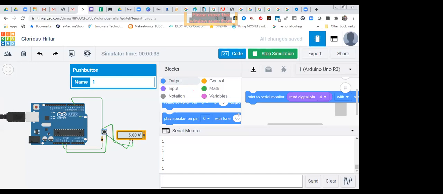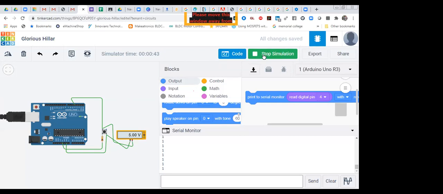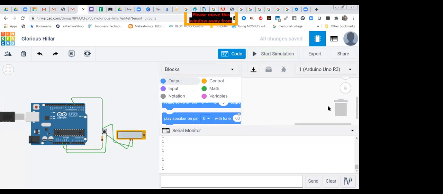So what I'm going to do is make a logic for turning an LED on and off using this push button. As I press this push button, the buzzer or the LED can be on. That is what I'm going to do. This one is simple serial. Let me delete it first so that you can visualize it.